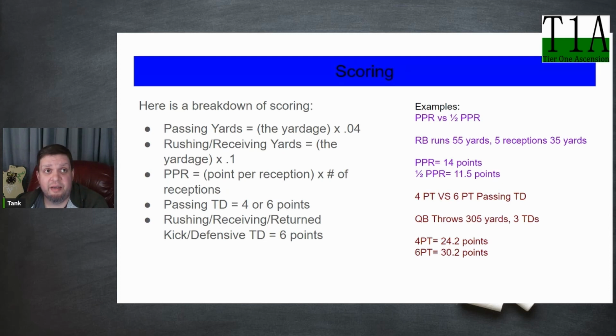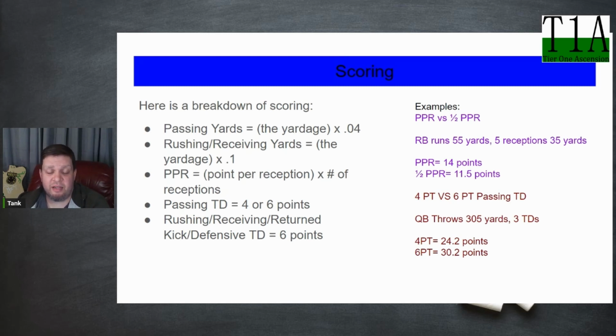That is because if you did points the way you do for rushing or receiving, your quarterbacks are going to be scoring 30, 40 points each week just for having a 300 or 400 yard passing game. That doesn't include touchdowns or anything like that. And it really blows the balance of quarterbacks so much higher than any other position. So that's why their percentages are quartered down, and you're not getting nearly as much per yard.